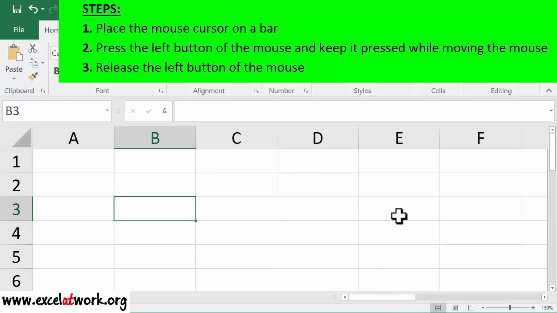Now, I will follow these steps to scroll vertically. I first place the mouse cursor on the vertical bar. Second, I press the left button of the mouse and keep it pressed while moving the mouse cursor down